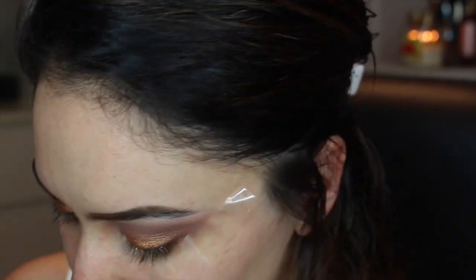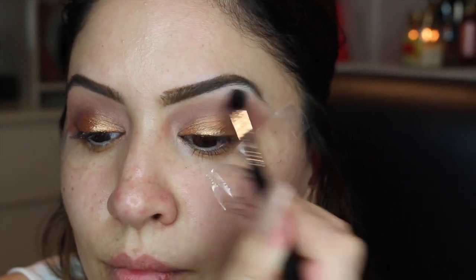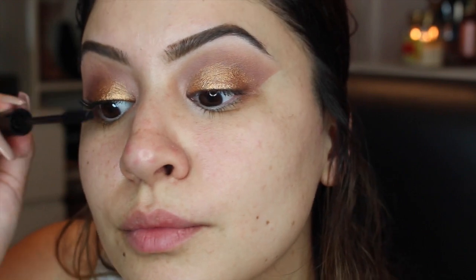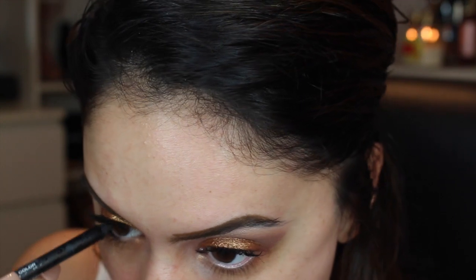And I'm not going to be applying winged liner, but a trick that I have, if you're having trouble with wing liner, if you have the tape down and they're both identical, the wing liner is like a breeze. So I took off the tape and I'm applying some Jordana mascara. And now I am tight lining with the Prestige Blackest Black Liner, and I'm actually putting this in my waterline